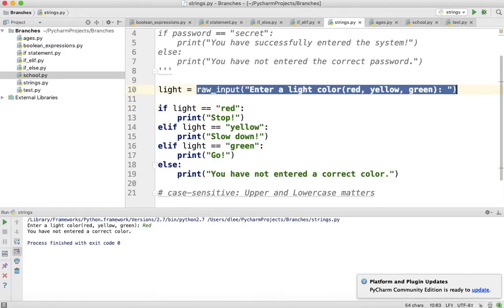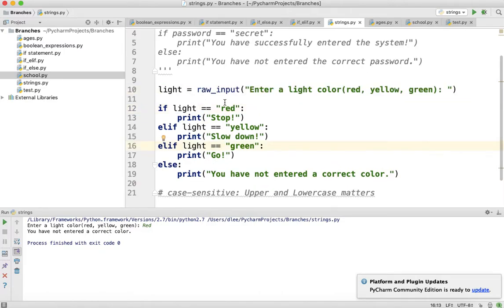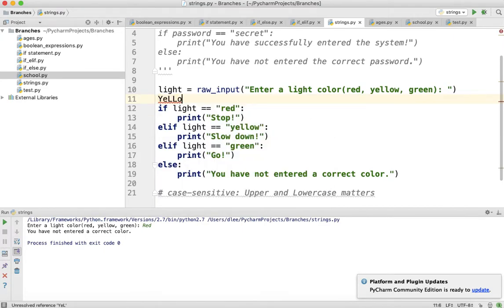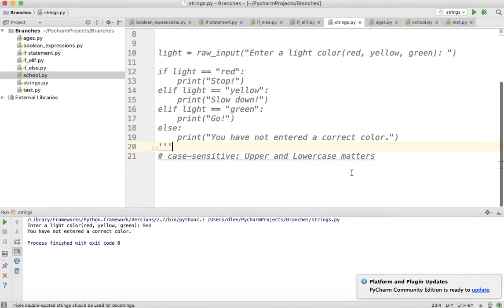Okay. So we want to fix that so that it doesn't matter if they type in capital RED, or if they enter something like that, right? Then this should be true. We want it to be not case sensitive. Right. So what's a way that we can do that? Well, let me go ahead and move this comment down here and show you a string method that we can